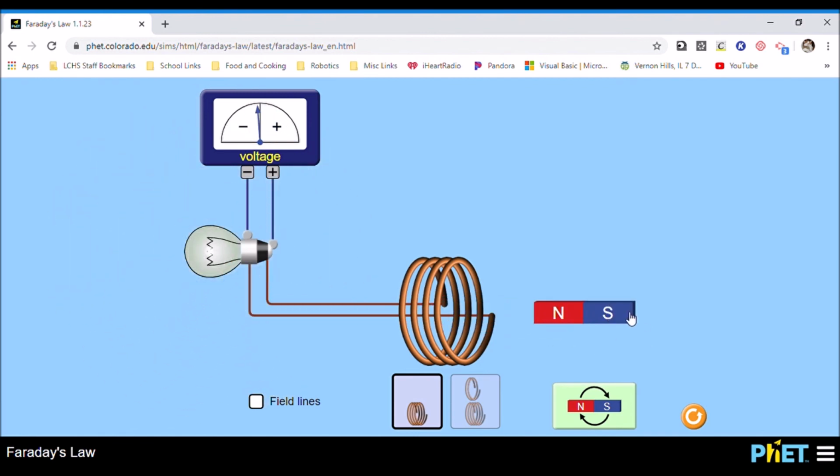So we should notice a relationship between the voltage and the magnetic field. So you should notice a relationship between the strength of the voltage, the value of the voltage, and the rate that the magnetic field is moving in and out of the coil. So slow,